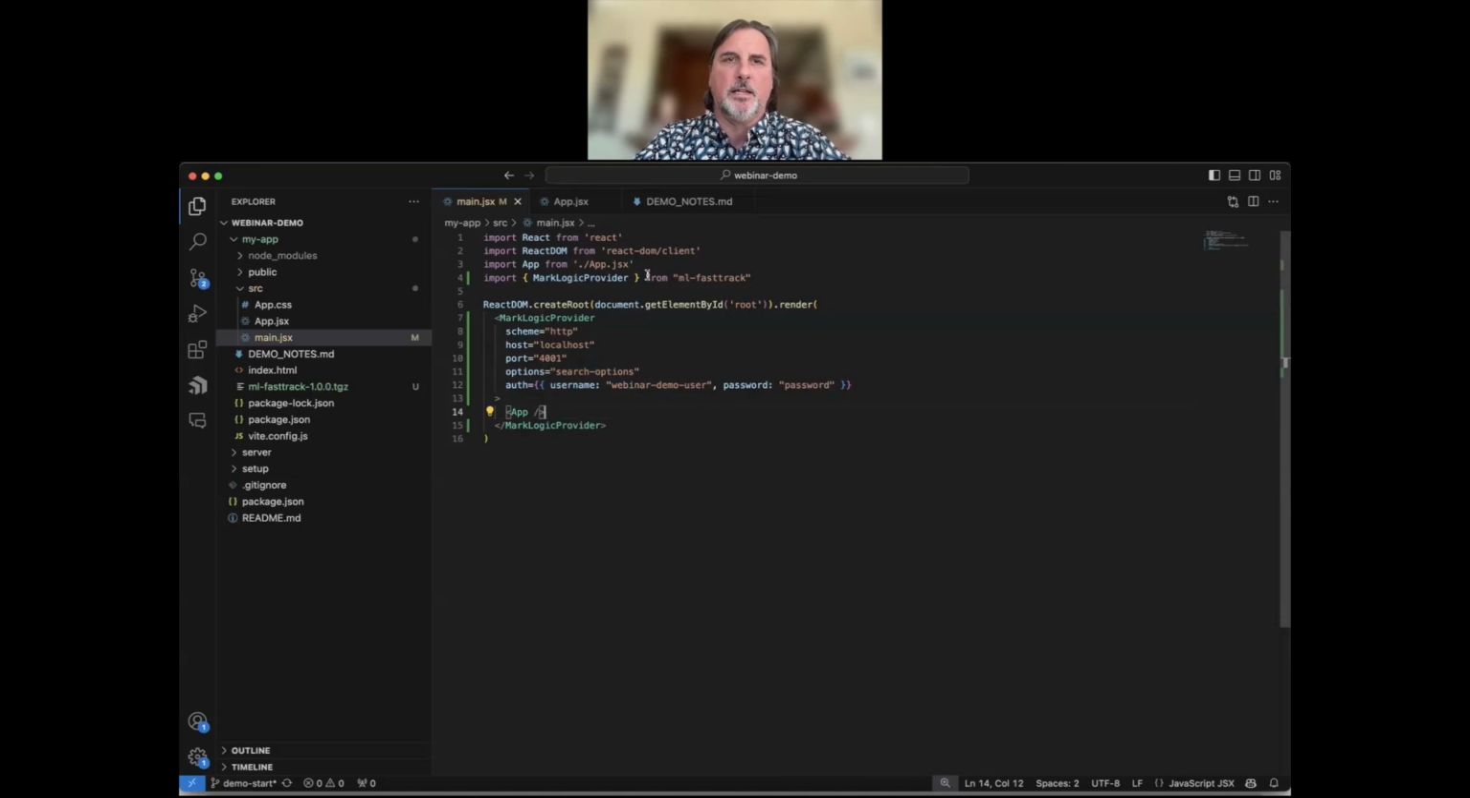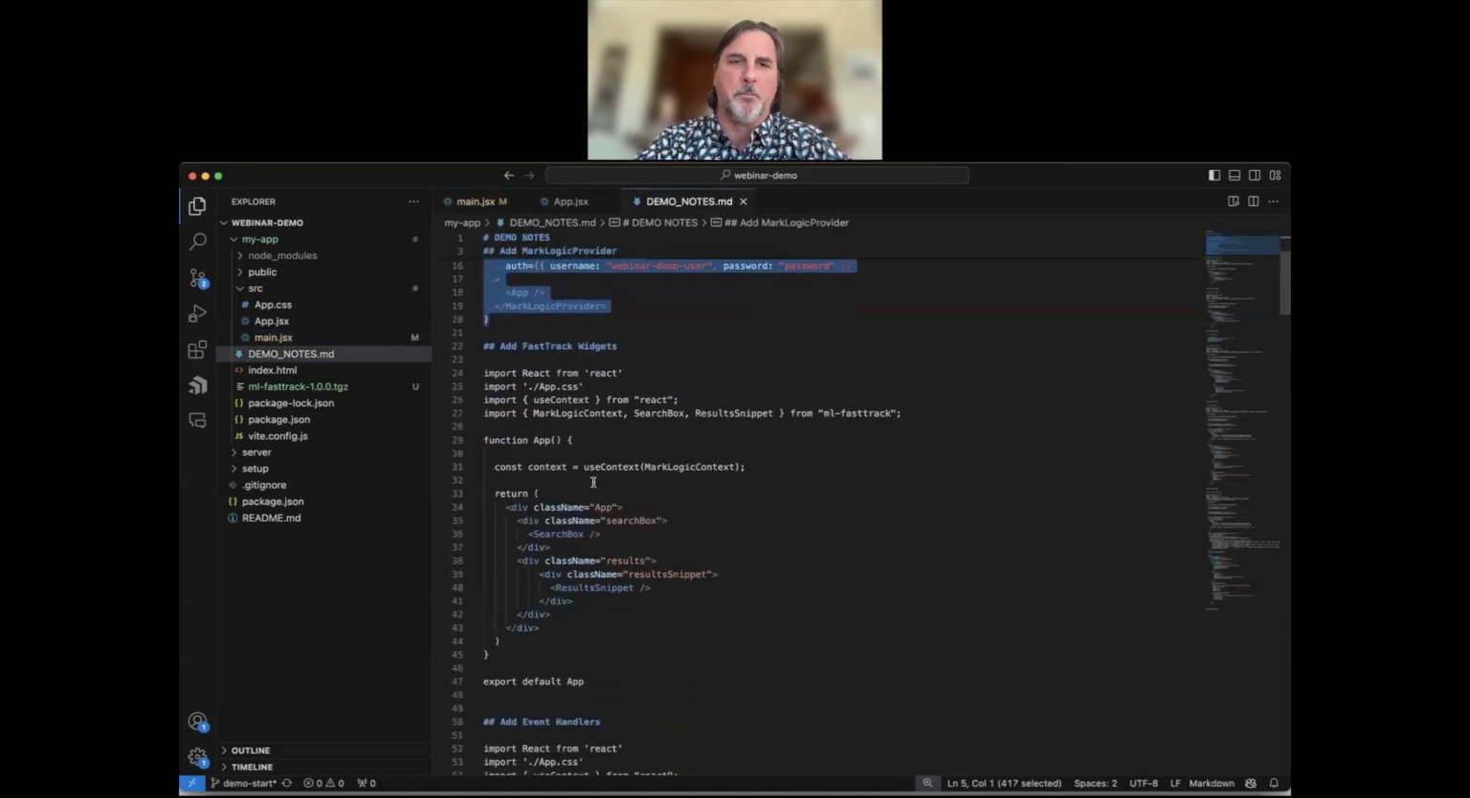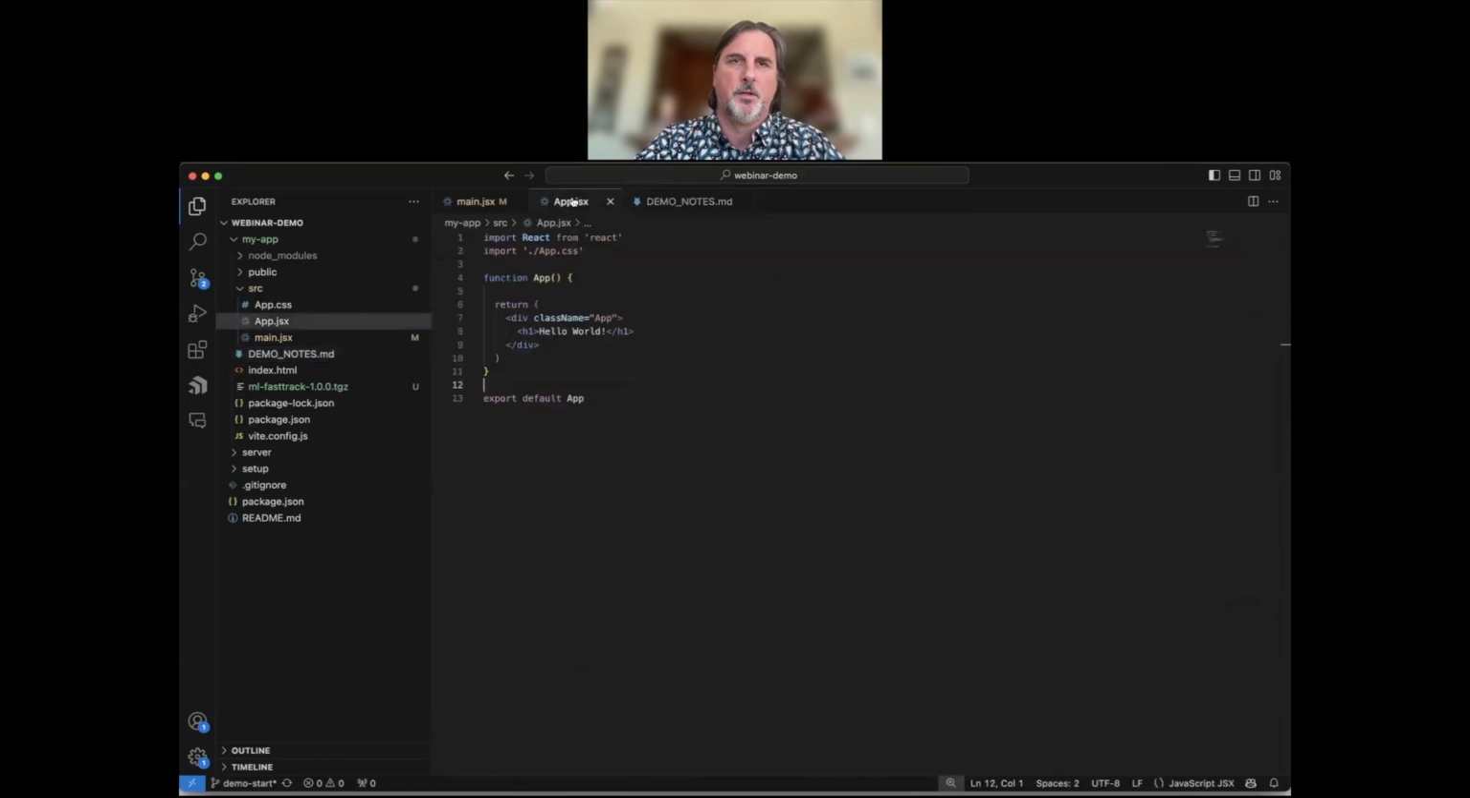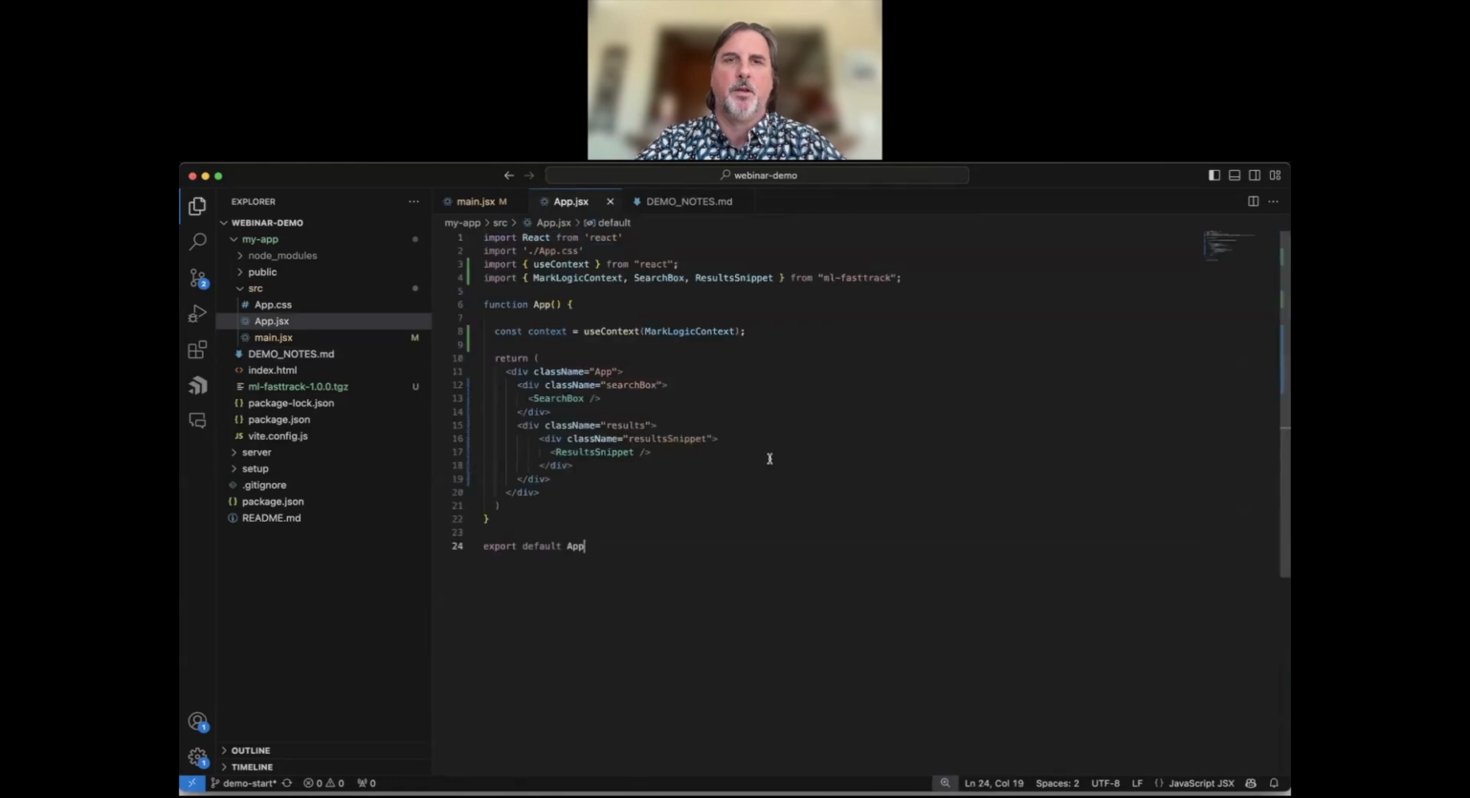All right, so let's start adding some widgets to our app now from FastTrack. I'm going to update our app component with some FastTrack widgets. We're bringing in MarkLogic context, we're bringing in search box, and we're bringing in result snippet. Search box is going to provide a way for a user to type in free-form text queries, and result snippet